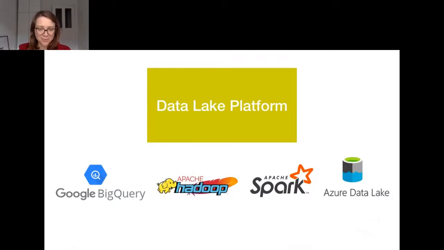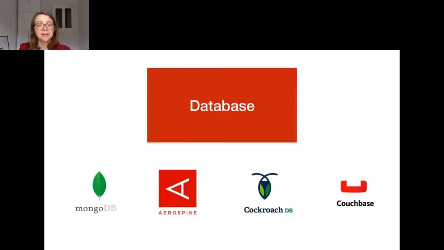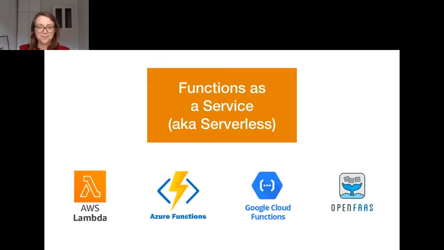So finally, with all the heads ups, this is the slide. Data lake platform is probably one of the first ingredients for the infrastructure of machine learning, just because you need to process a lot of data. Some of the tools that are used for that are Azure Data Lake, Apache Spark, Apache Hadoop, Google BigQuery. Next is database. You can use any of those, and many other databases, but this is when you want to store your data in a slightly more structured way so that other people can access it in a standardized, fast way. Data goes into a database.